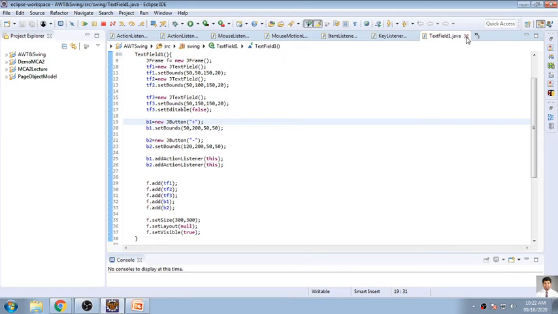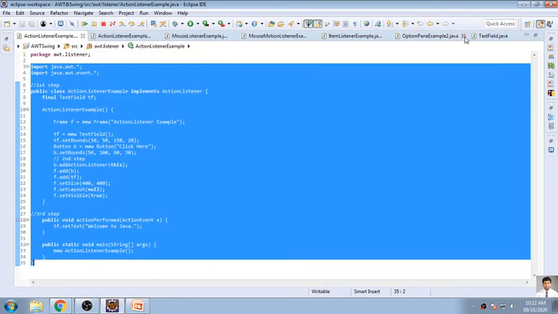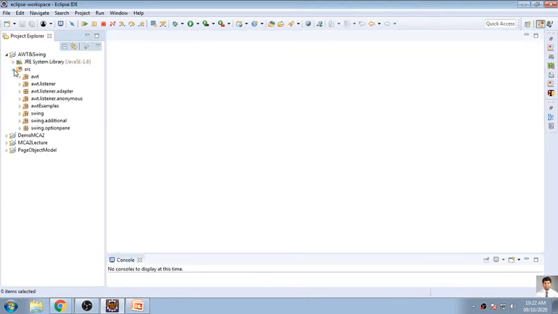I will show you that function also. So how this AWT component text box is changed. A lot of examples have been opened. Now we are in AWT Swing components.